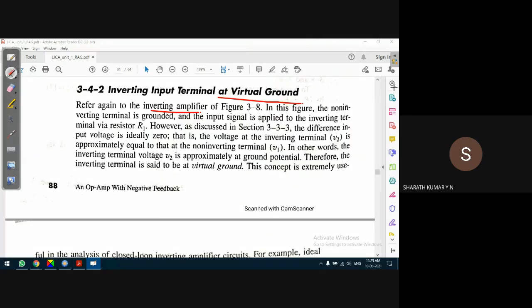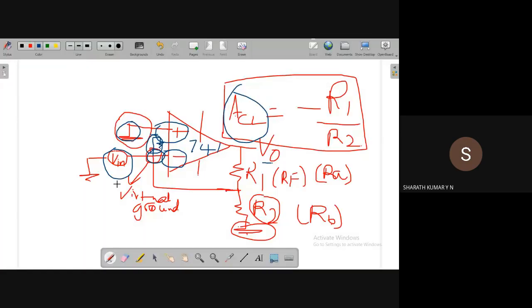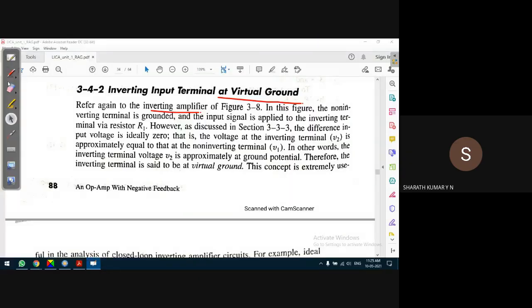The reason it is called virtual ground is that the inverting input terminal is not connected to ground. But still this terminal remains at ground potential because the non-inverting input terminal is grounded. That's why the inverting input terminal is at a condition called virtual ground. So the non-inverting input terminal is grounded, and the input signal is applied to the inverting input terminal via